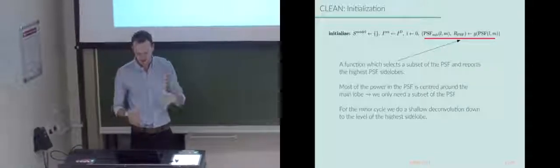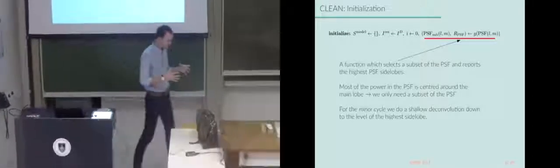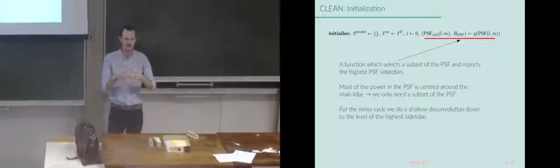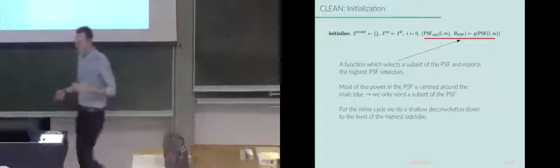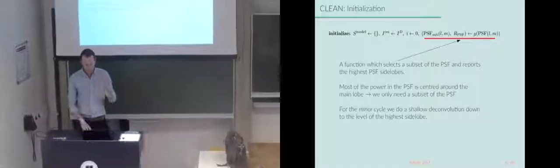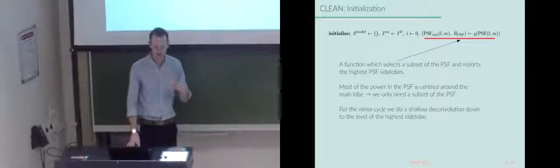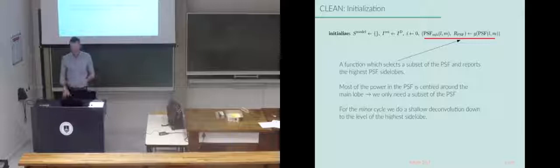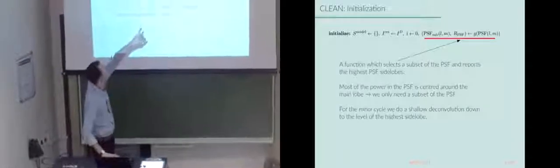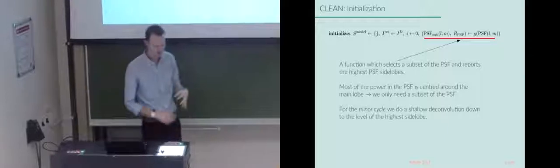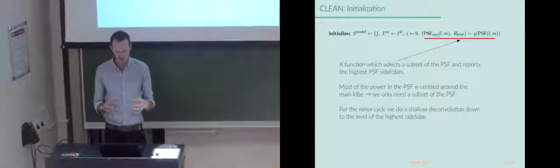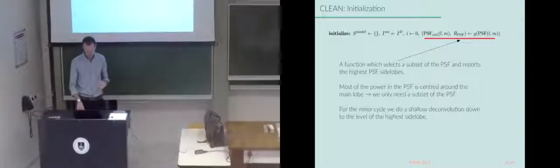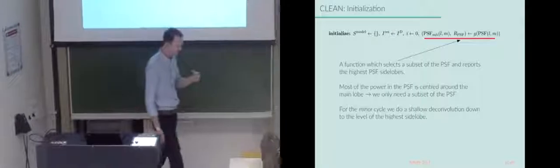And so what that means is that we can take a subset of that total PSF image and only concentrate on that central region. Why you do that is, it turns out the Clark method does this because it's a computationally nice approximation to dealing with the entire PSF. And so what this last initialization parameter says is, return me a function that gives me the PSF and the main region of the PSF. And what this is useful for is that